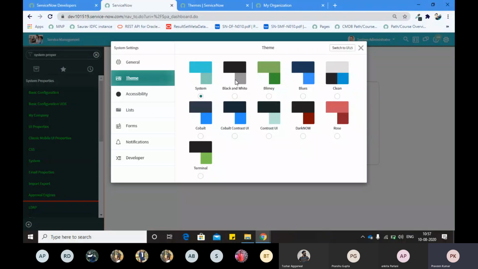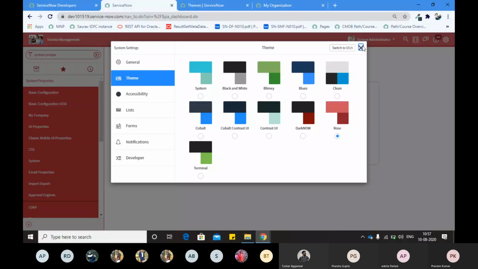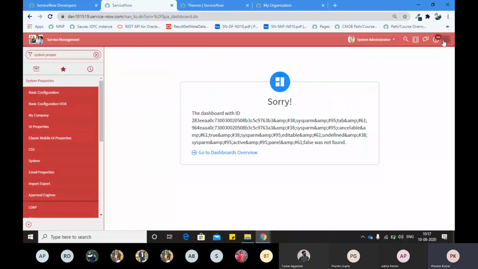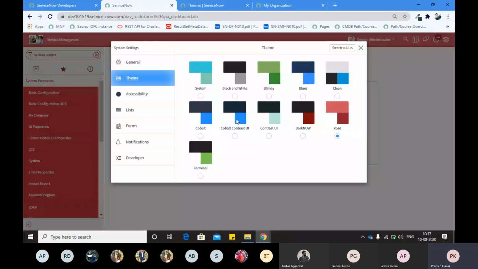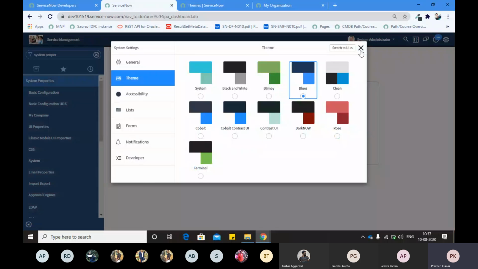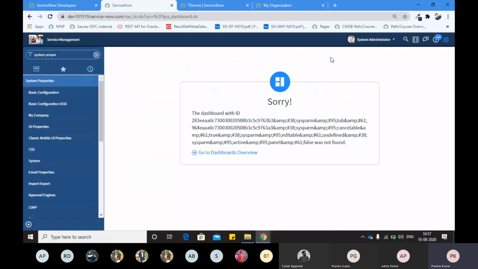If you want to apply any theme, whatever color you like, you can directly click here and you can see that at the back end the complete thing is changed, right? Go back again. If you want to apply another theme, you can click here and it will get changed. Right. So this is how we can change the basic look and feel.